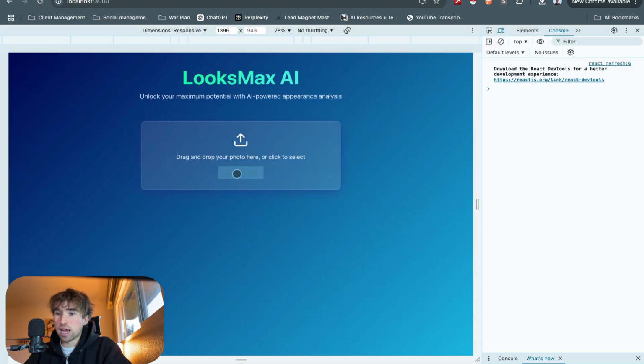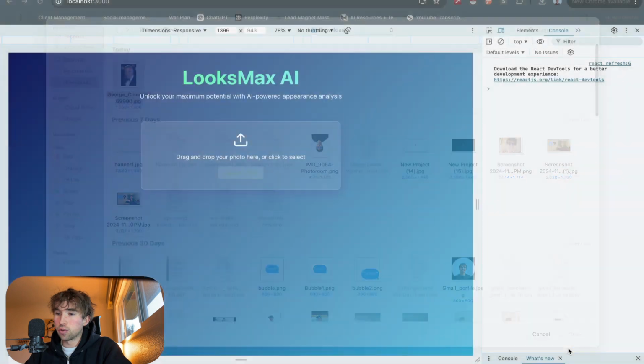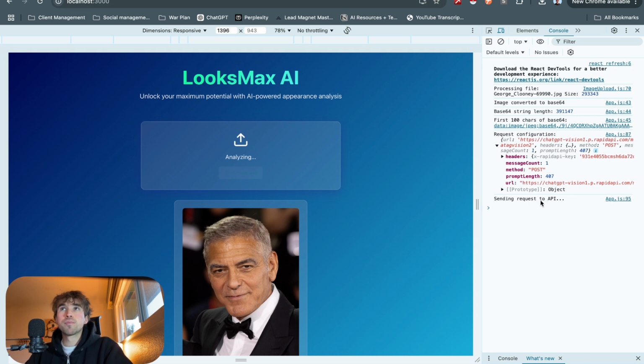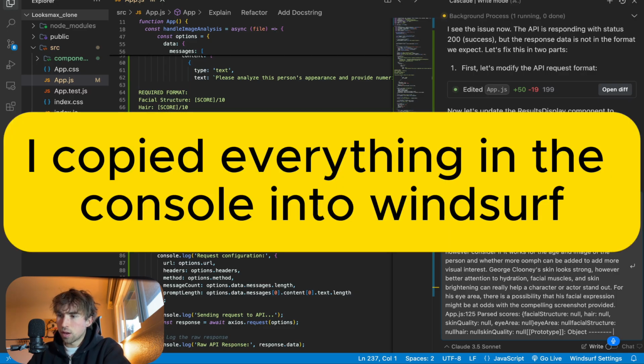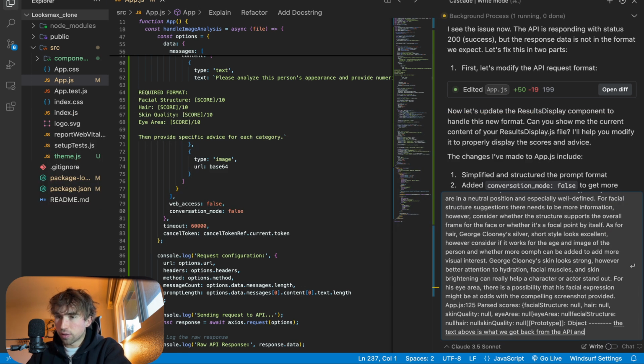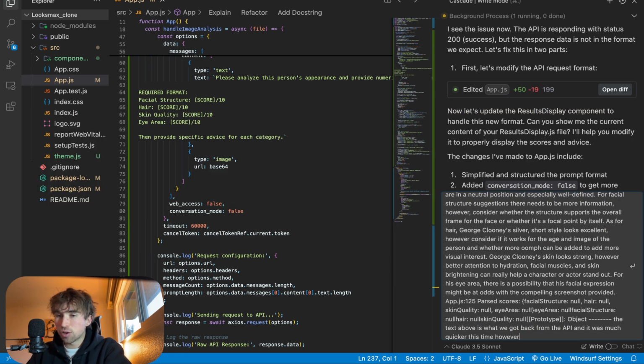So refresh, upload, the Clooney guy. So look, sending request to API. Boom. So that is one of the console logs I believe it added. We can see here, waiting, sending request to the API, taking a while, hope it doesn't time out. The text above is what we got back from the API, and it was much quicker this time. However, we didn't get any graphs, charts, or